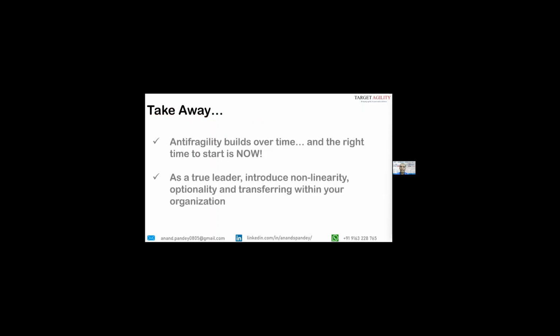And concluding, the key takeaway is anti-fragility is built over time. It does not just happen over time. And the right time to start becoming anti-fragile is now. And when enough teams in an organization start doing this, the whole system will start becoming anti-fragile. Not standardization, but variability in solutions, functions, and the way of working will make your organization more anti-fragile.